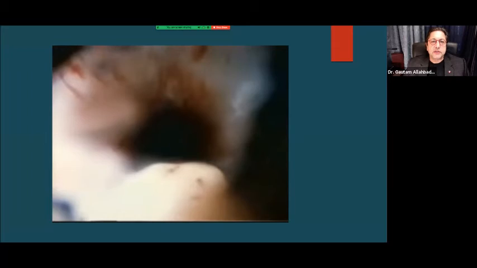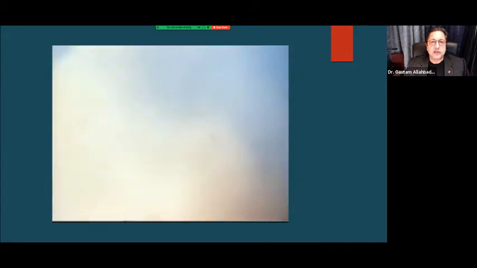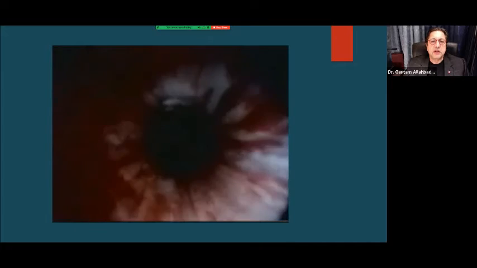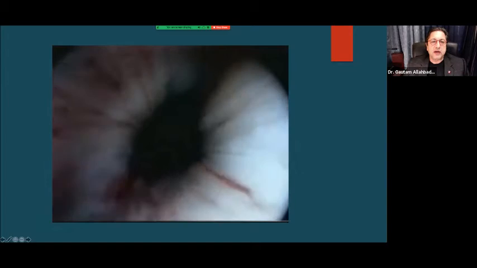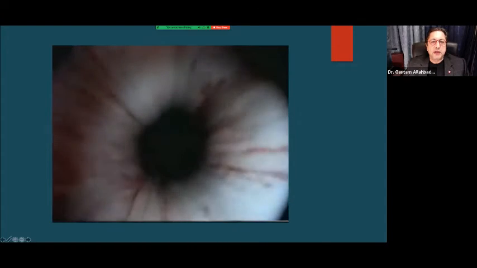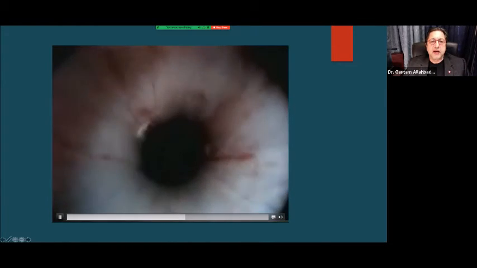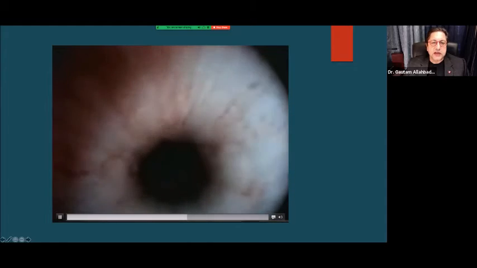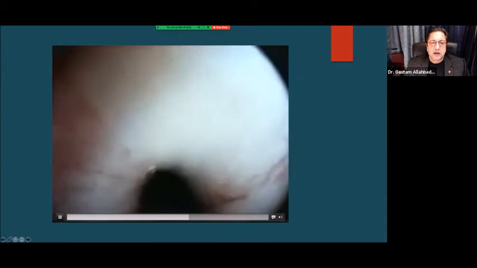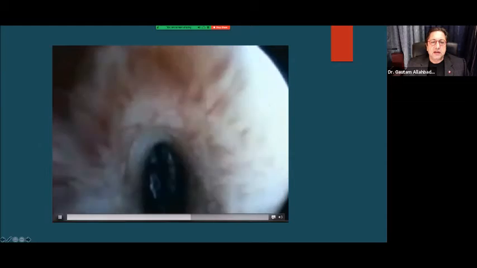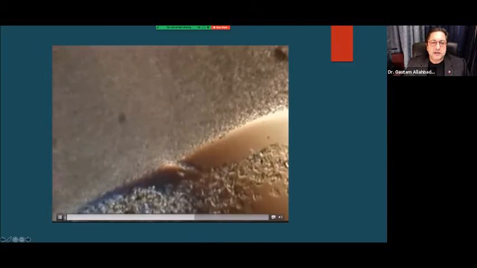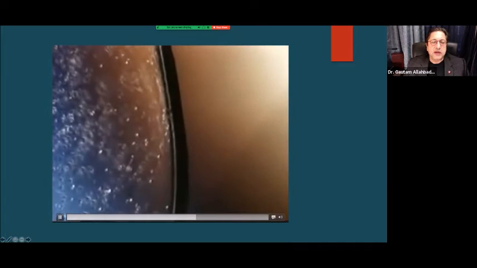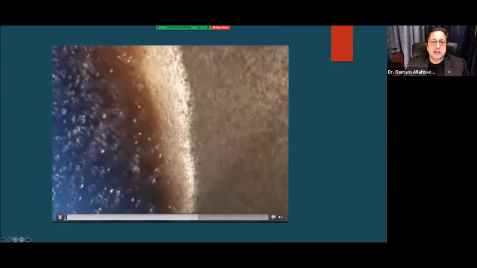This is a microchip camera at the top of the penis, and this is slowed down in time. It's a slow-mo film where you have the semen aggregated, and from the urethra it then finds its way to the posterior vaginal column. See it entering the vagina and the posterior vaginal column, where it intermingles with the vaginal